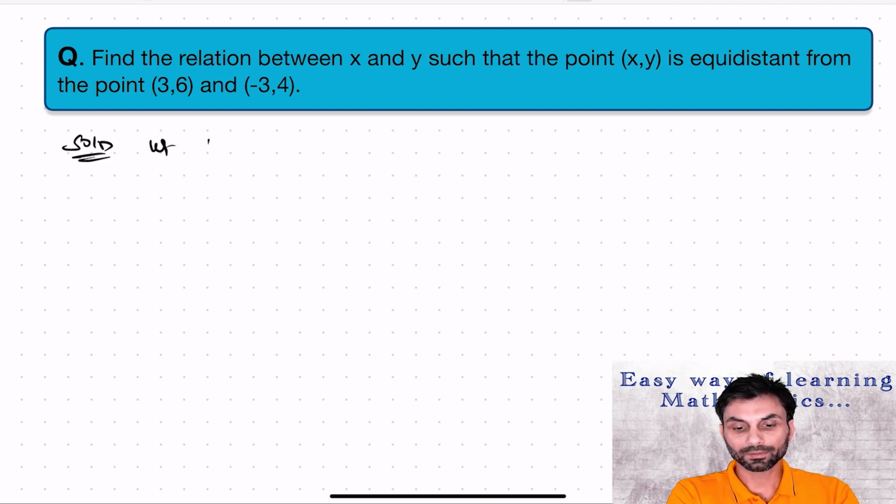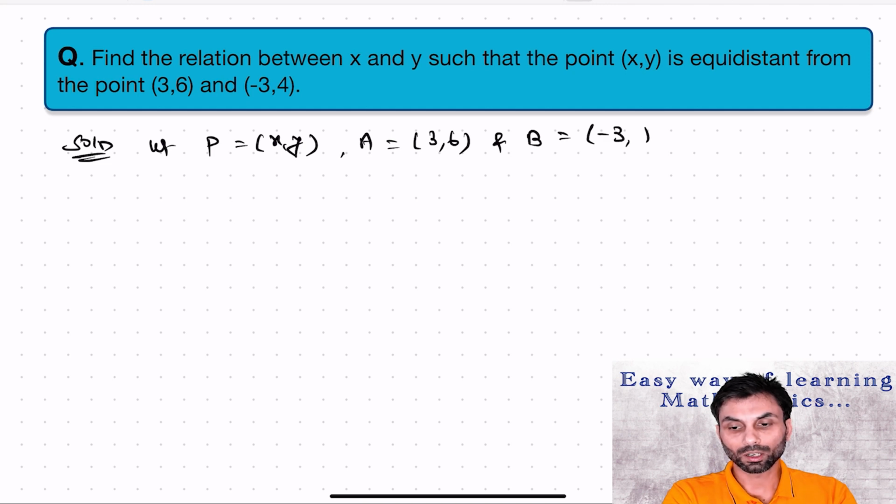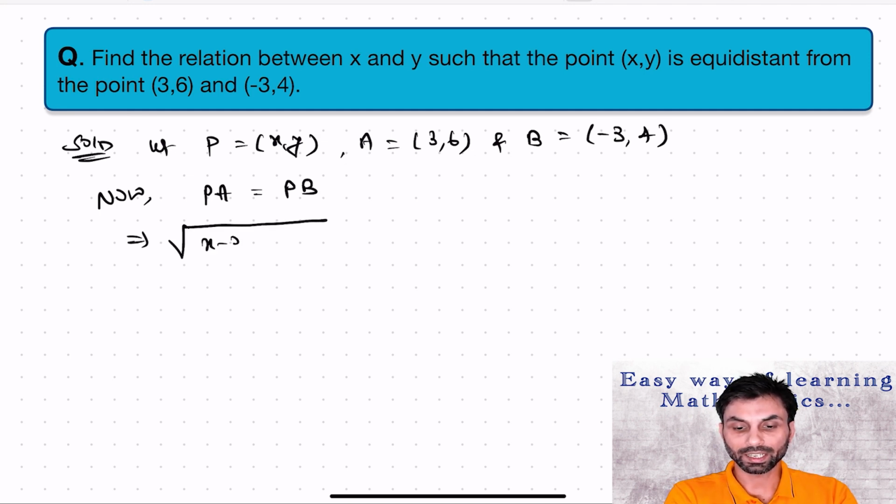So we'll take P equals (x, y), A equals (3, 6) and B equals (-3, 4). Now it is given that the point P is equidistant from A and B, so we can say PA equals PB. If we use the distance formula, the distance PA is the square root of (x minus 3) whole square plus (y minus 6) whole square,